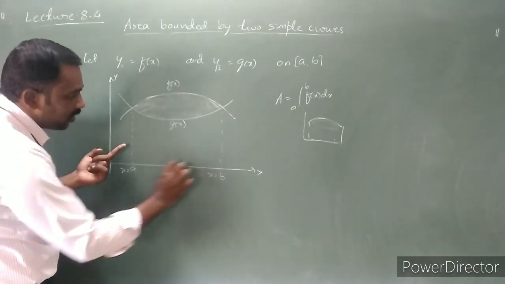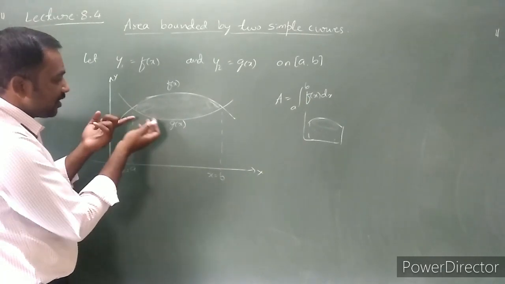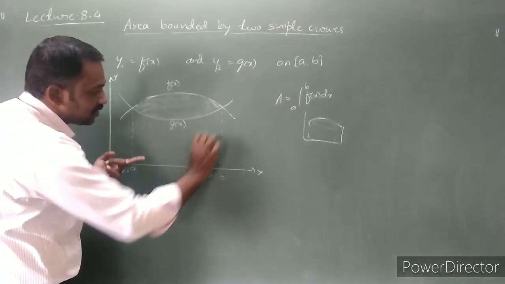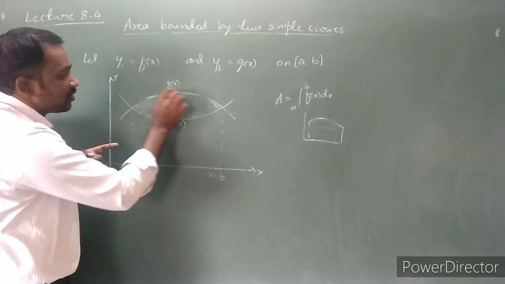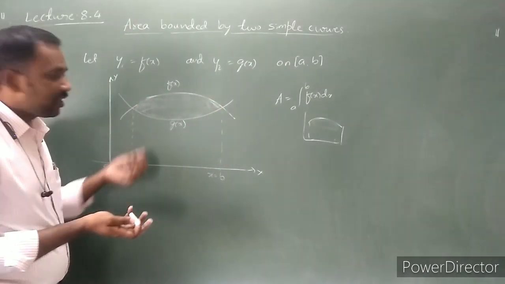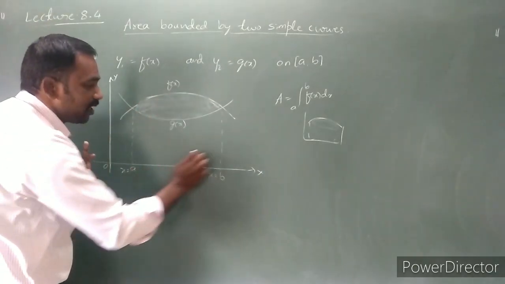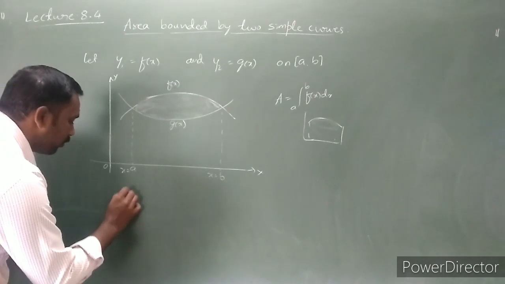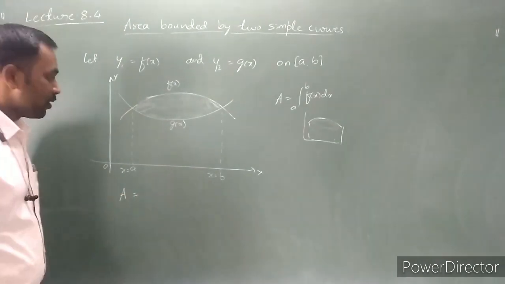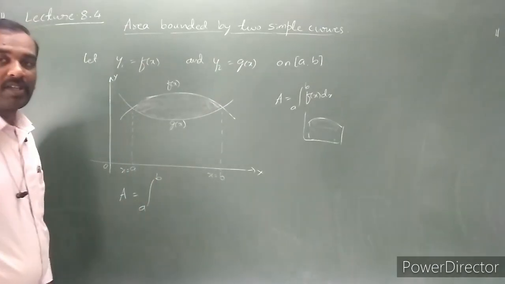But we don't need that whole area. The area under g of x is this smaller area. So the largest area minus the smallest area gives the required area. Therefore, the required area is equal to the integral from a to b